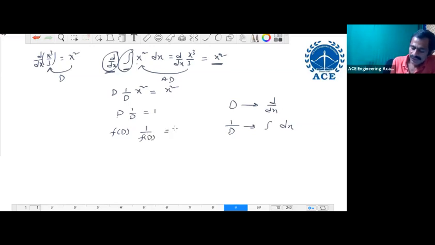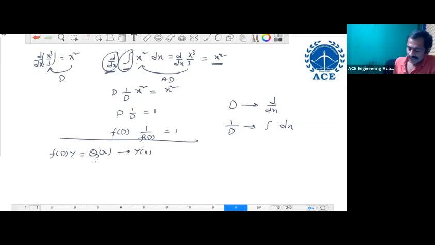So f of D into 1 by f of D is also 1, right? Now our non-homogeneous equation is f of D y equal to Q of x. Here, finding the solution of the equation is the same as finding y in terms of x satisfying this equation. So to find y, I am operating 1 by f of D on both sides of this equation: 1 by f of D into f of D, y equal to 1 by f of D of Q of